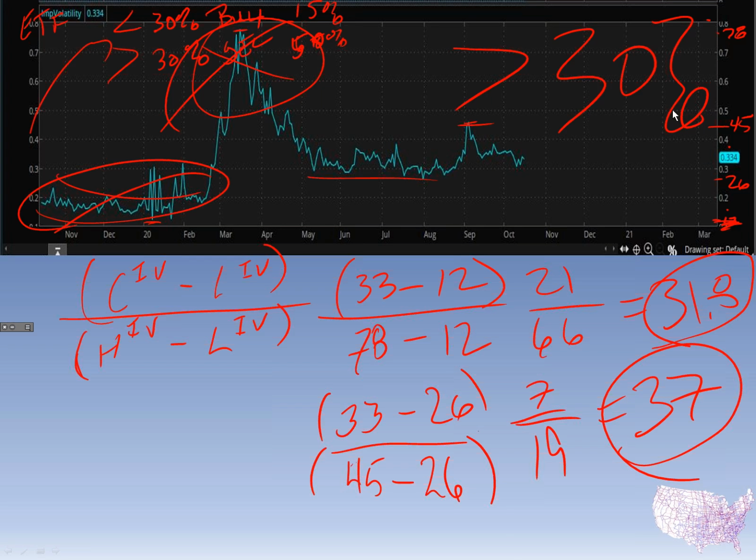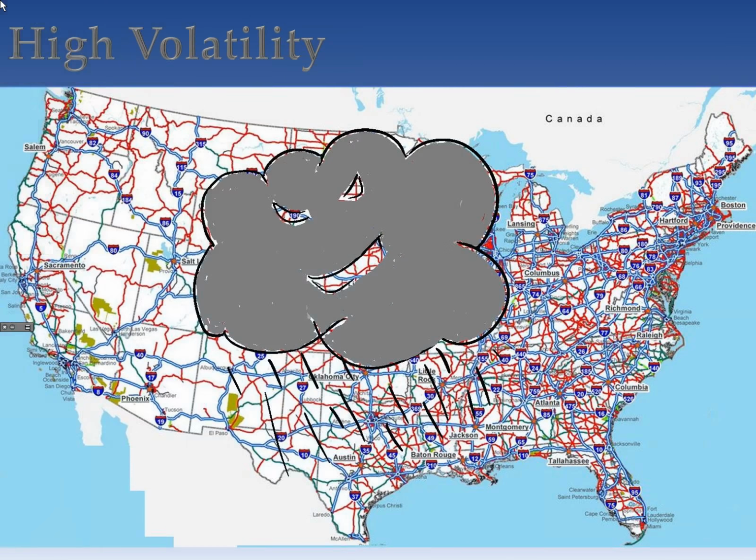To me, what does that say? I've got high implied volatility for this underlying, a high implied volatility percent. According to my rules, that is high volatility. So if I have high volatility, what do I want to do? I want to sell something, right? I've already come up with my assumption here.